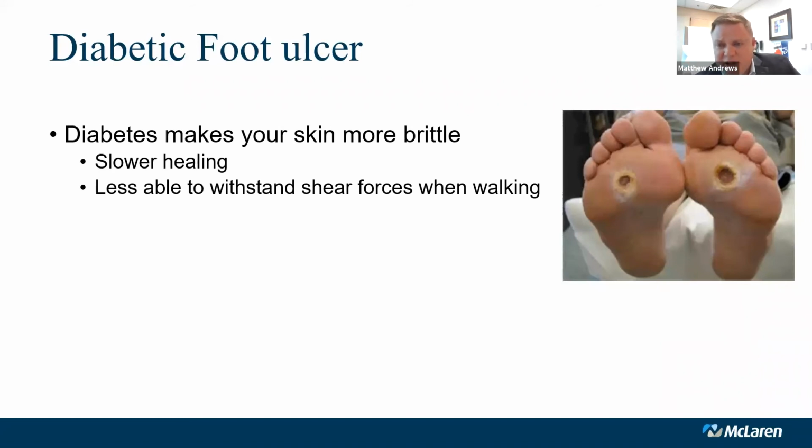So a diabetic foot ulcer that gets infected, each incidence of somebody that ends up in the hospital, tends to cost the healthcare system on average $12,000 to $15,000. And then if you're talking surgery and things like that, that just adds to it. So why does this occur? It occurs for a number of reasons.